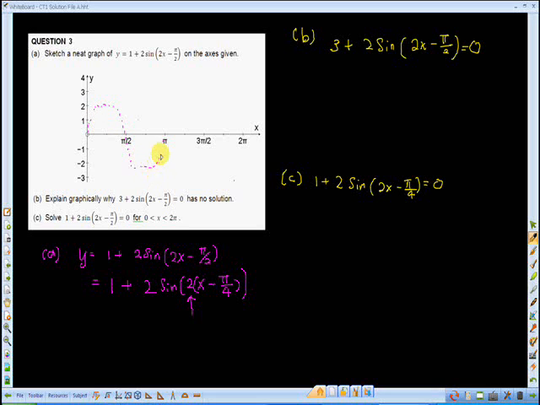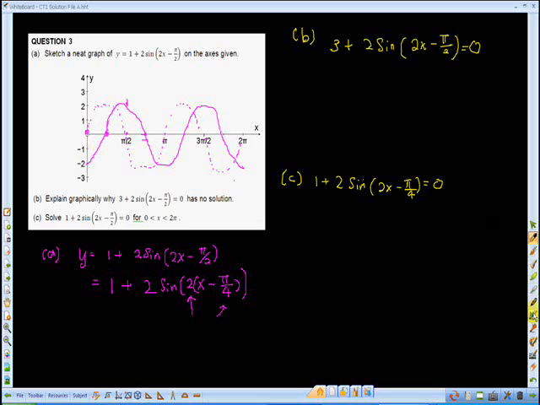Okay, and the minimum is -2 because the amplitude is 2. I hope you can see this. I'm trying to dot the graph, and after this, the pi over 4 or negative pi over 4 means that you're going to shift the graph to the right side, and so all the points will be shifted to here, and the maximum here will be shifted to right here, and this intercept here to here, and so on. So you can now get this diagram like this, and here, of course, this part I want to extend starting from